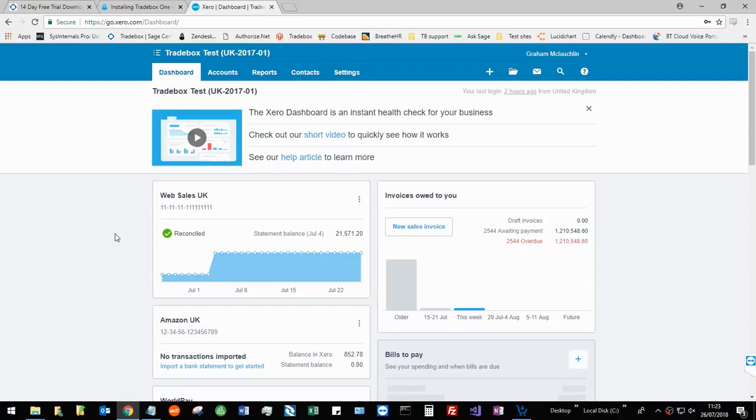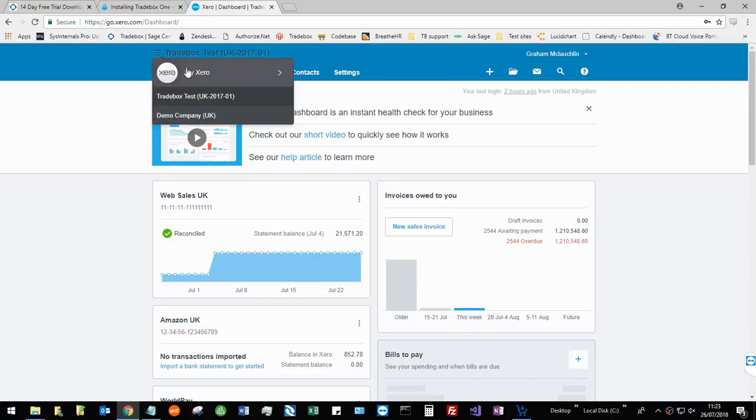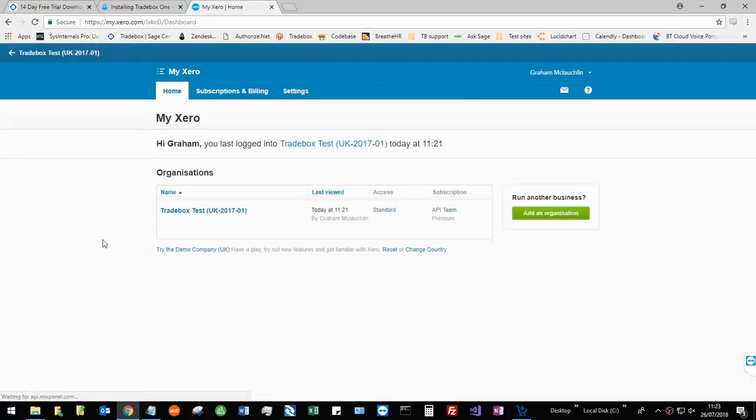If you've never seen the Xero demo company before, just log into Xero. And then you want to go to My Xero, so just click there, or you can just go to my.xero.com. Here you'll see any organizations that your user logon has access to, and slightly below that we've got Try the Demo Company UK. So if you click into that,